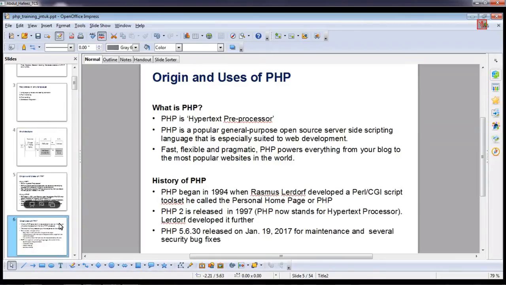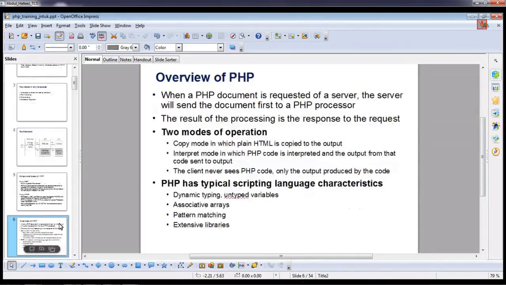So let's look into the overview of PHP. We just saw the architecture diagram where a request from the browser is sent to the web server, which in turn forwards it to the PHP script. So when a PHP document is requested of a server, the server will send the document first to a PHP processor. So unlike your Java or C++,